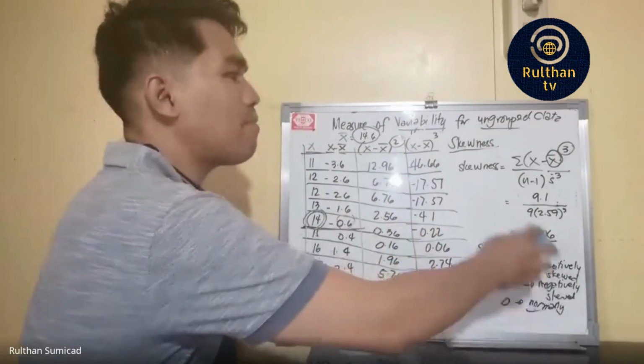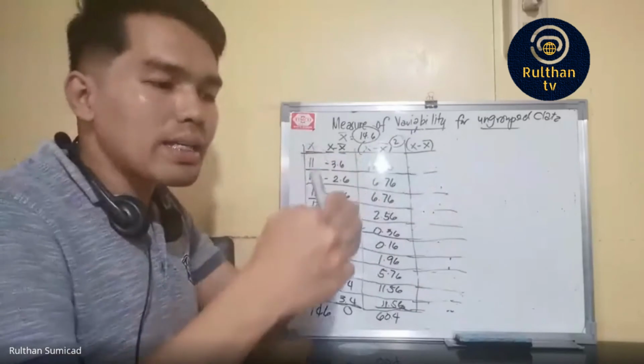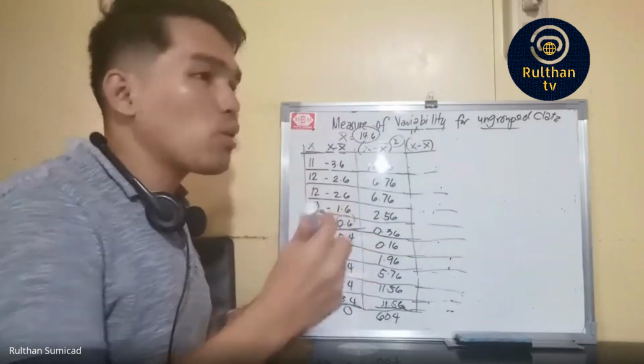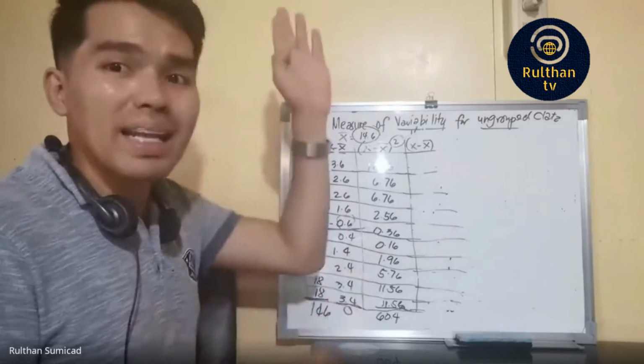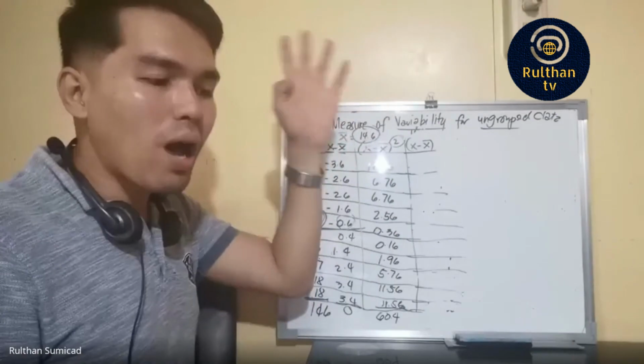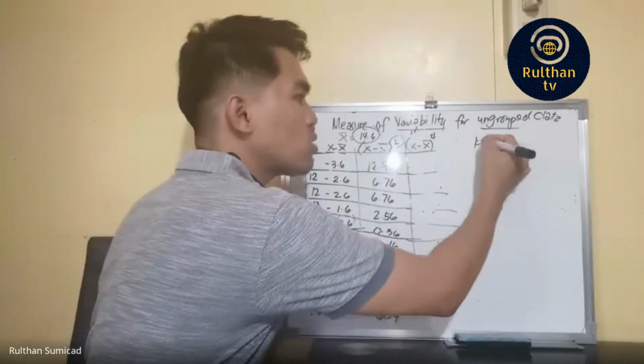Now let us have the kurtosis. If skewness pertains to the spread of the tail of the distribution, kurtosis refers to the peakedness of the distribution, whether too high or too low. That is already in terms of the fourth power. So kurtosis